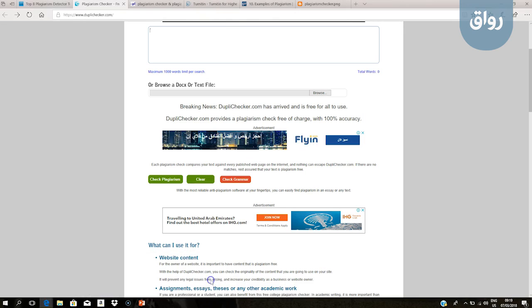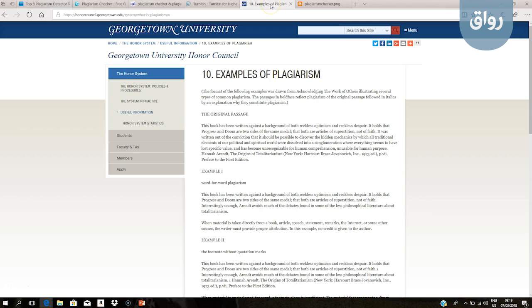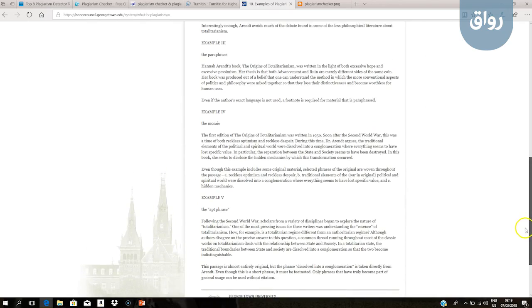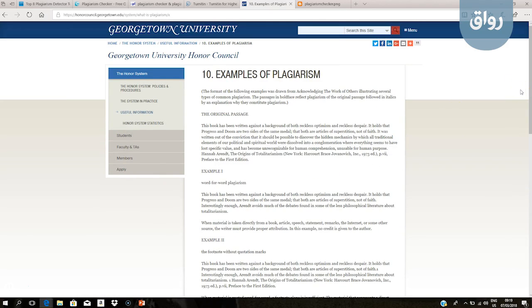So if you just put examples, you will get paragraphs and wrong paraphrasing, which is here, the problem is word for word. That means the student has copied the exact wording of the reference, and also other examples here. You see? So you have plenty of resources on the website to make use of and to study the examples. The more you look at, the more you will be able to identify good